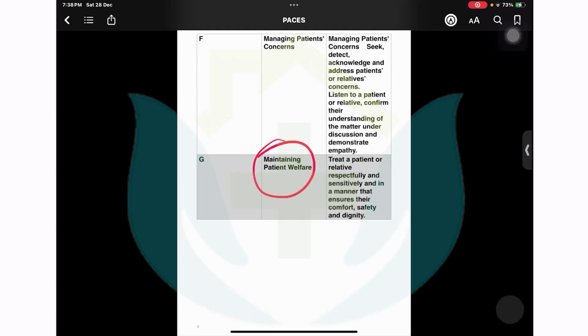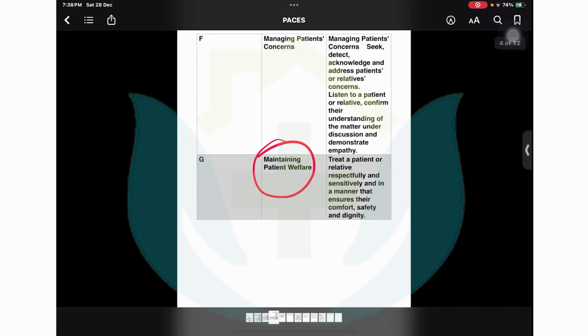And then maintaining patient welfare. Exactly like I said, I entered the room and my coat got stuck in the patient's cannula. It was on the right wrist and I was standing on the right side, and so that happened. I respectfully and sensitively handled the situation and told them, I'm sorry, I shouldn't have done that, it just happened. And then the patient said, "koi baat nahi, ho jata hai." So examiners are also watching, and the patients were Indian patients, thankfully for me.